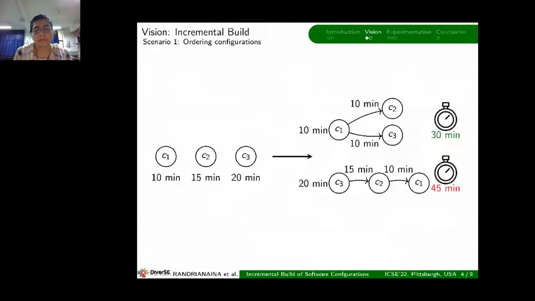So in our vision of incremental build, the first scenario is ordering configurations. For 3 configurations here on the left, is there an order to incrementally build them such that we have a gain in build time, or an order where we don't gain and the build system just rebuilds everything from scratch? And the second scenario of the vision